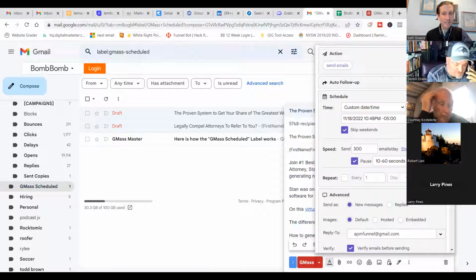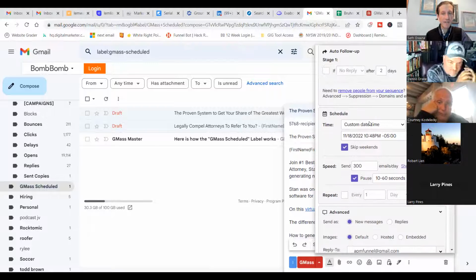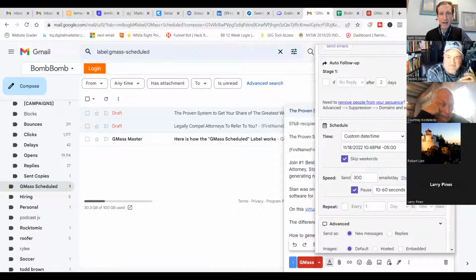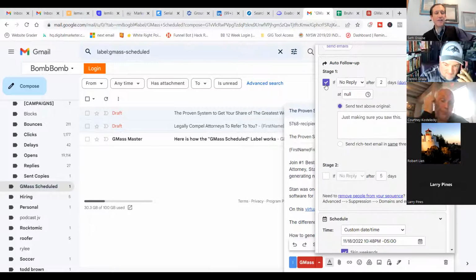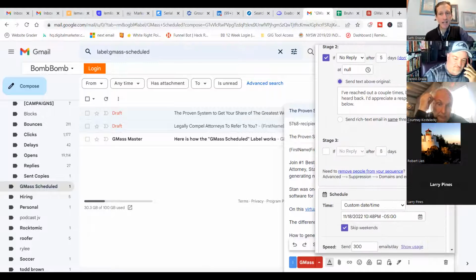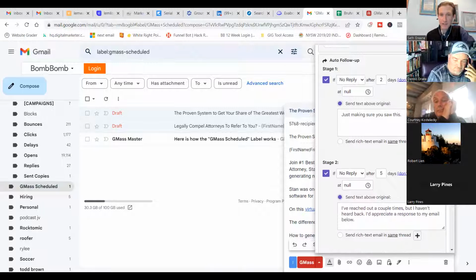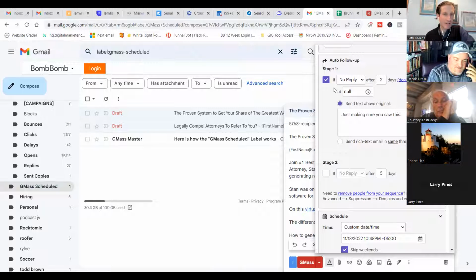The other thing it does that's super cool, that I wouldn't do until after your account is really cranking, is you can have it do automated follow-up. So literally I can say, every day, if people don't reply for 2 days, send them another message. And I can specify what they send. I can say if they don't reply after 5 days, after 8 days, I can keep sending automated follow-up emails to the people who don't reply. Don't do that in the beginning. After your account is at like 500 a day, you could do that.